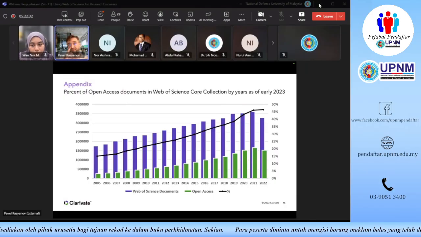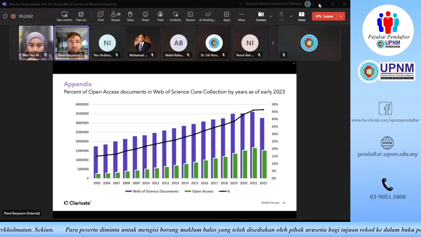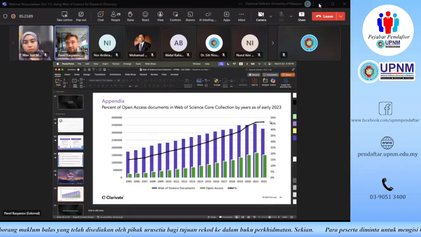So you can still use free online tools to search, but I guess that's like using Google versus a professional database for searching. Google gives you everything, and it doesn't curate the content for you, so you don't know if you can trust a link or if maybe it's a fraudulent link. But whatever you see in Web of Science has passed through a selection process, so you can be 99.9% sure that whatever you find in Web of Science is reliable. That's the difference. Thank you very much for that question.